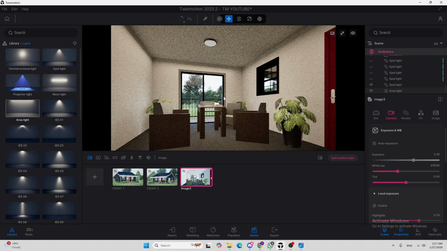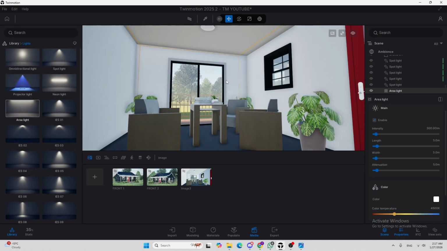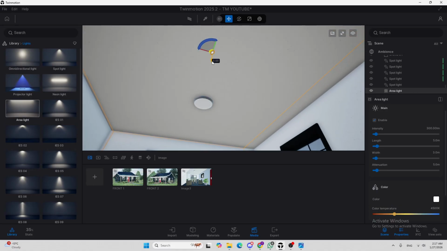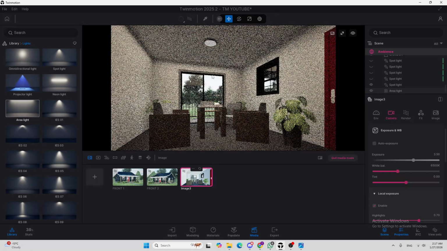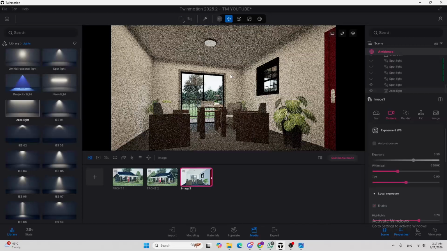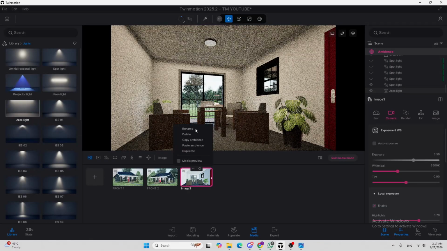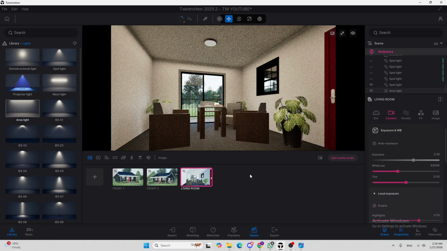But here I'm just gonna keep it like this, and I'm gonna hit quit media mode, and actually I'm gonna move this up a little bit, just a little, like that, and there we go. And this is our image, and you can rename it, you can set it to, you know, living room or something like that. And there you go, you have your living room. You can change it to make it wider or darker or whatever you want, but this is just how I'm